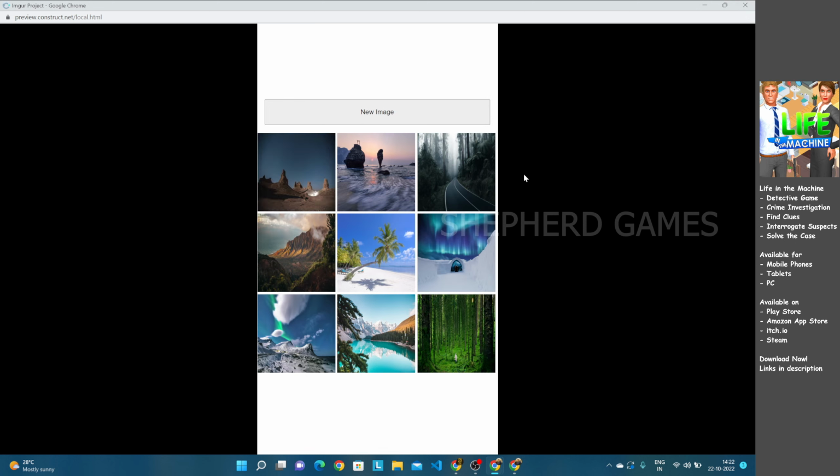Alright, so it is uploading the image to your account in Imgur, and from there it is fetching all the images back to your app or your game. So if you ask me how it is useful for your games or your applications, I don't know. So it is up to you, how you want to be more creative and use it to your advantage. But